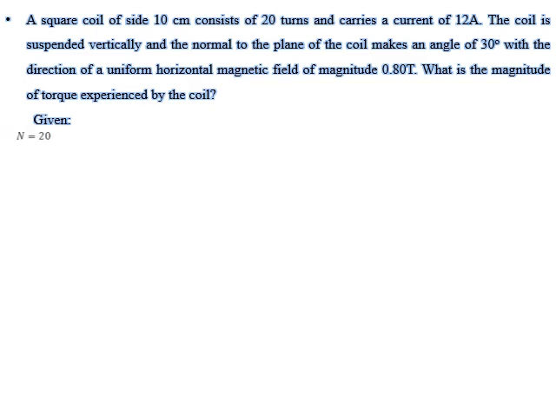Let us see what is given to us. Number of turns is 20. Current passing through that is 12 ampere. We have to know a few conversions. 1 meter is 100 centimeter. If I square it on both sides, I'll have 1 meter square as 100 square centimeter square. Therefore, 1 centimeter square will be equal to 1 divided by 100 square meter square. This you have to remember because we will be using this in the numerical here.